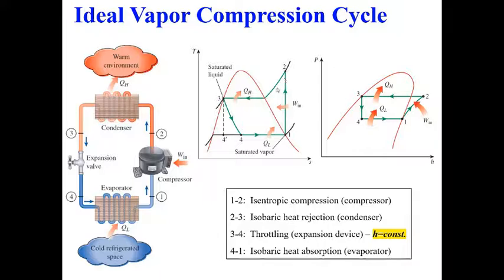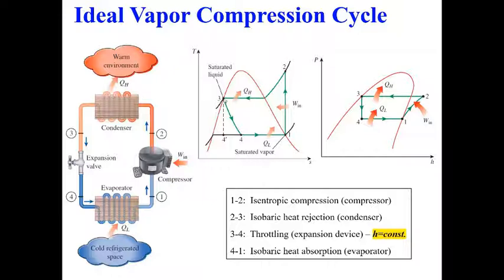So we have a fluid, we start with a saturated vapor which becomes superheated during the work input. Now the second process is isobaric heat rejection, constant pressure heat rejection from 2 to 3. So this is similar to your Rankine cycle, except instead of getting heated, this is rejecting heat, which happens in the condenser. So this basically throws your heat to the outside ambient air.